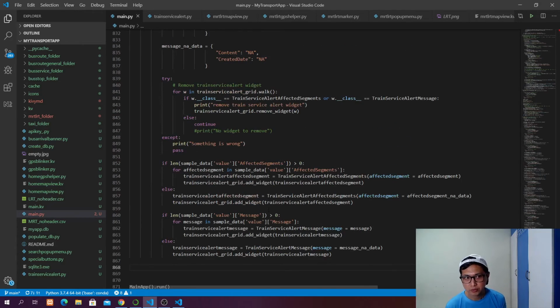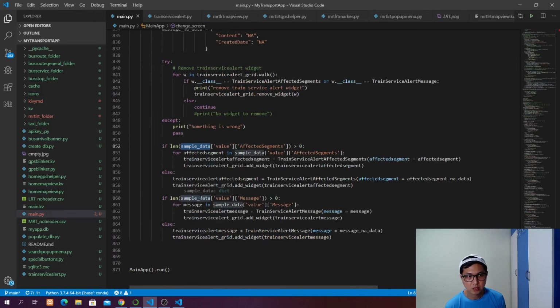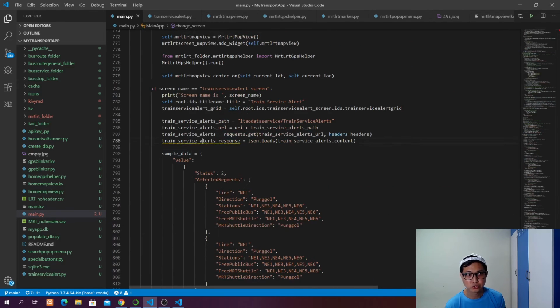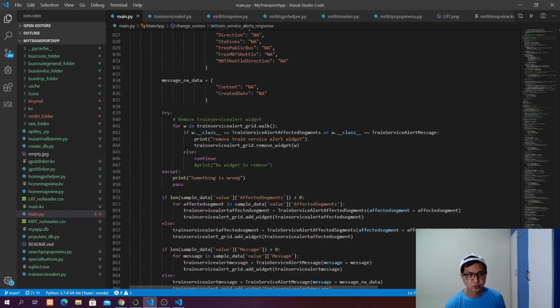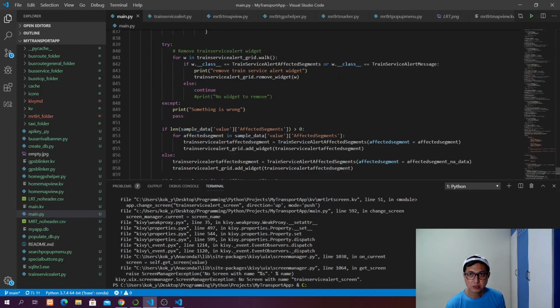So when we deploy to the mobile phone, we want to change this sample data, okay, to our actual train service alert response. Okay. This is just for demo purpose. In this case, I use sample data, but in the actual case, you should use train service alert response to replace your sample data over here. Replace this, replace this, replace this. Okay. Save, and then when we run it,